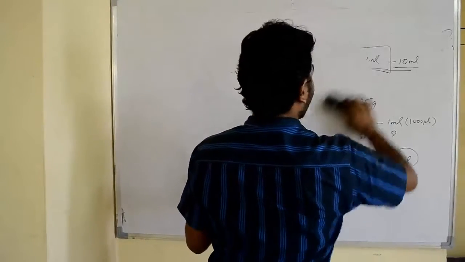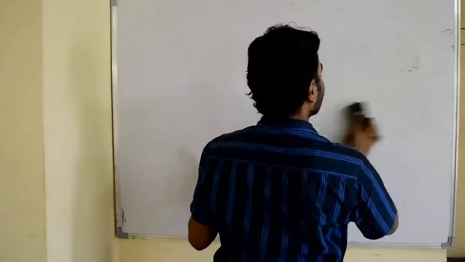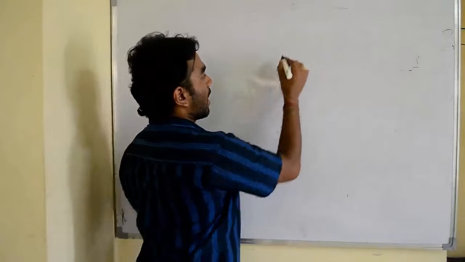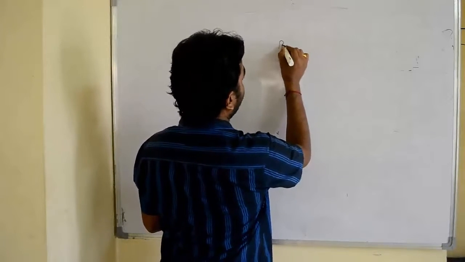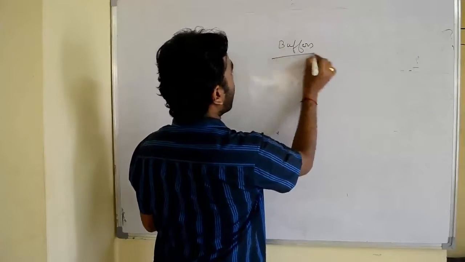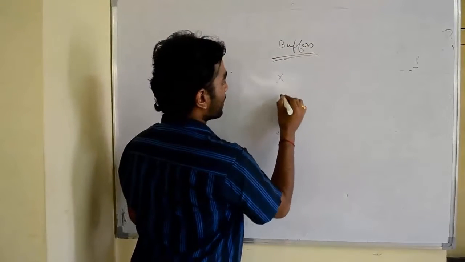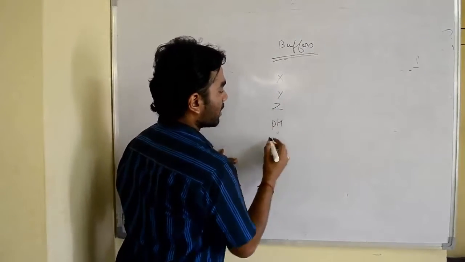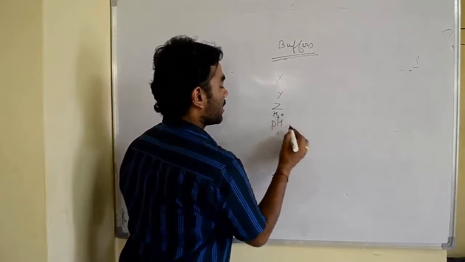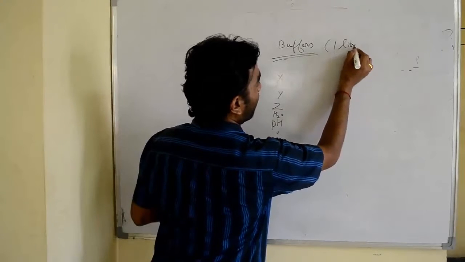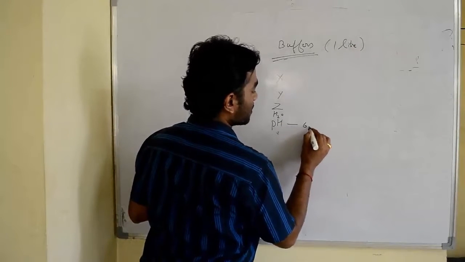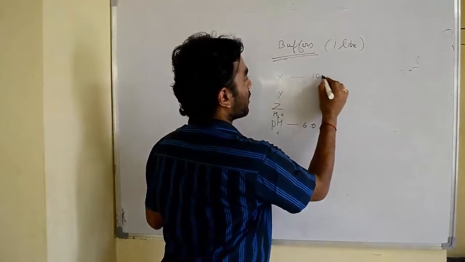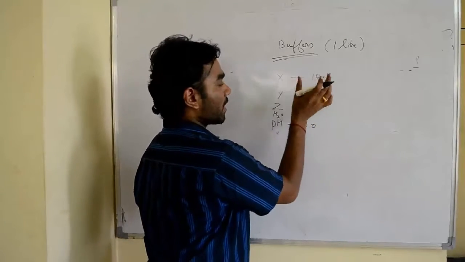Sometimes you may find it a little more difficult when you are doing some complex calculations. For example, I am asked to prepare a buffer in which some X, Y and Z components are there, and I should make it in water, 1 liter of this buffer, and the pH should be 6, and this X component should have 10 micromolarity, 10 micromoles.